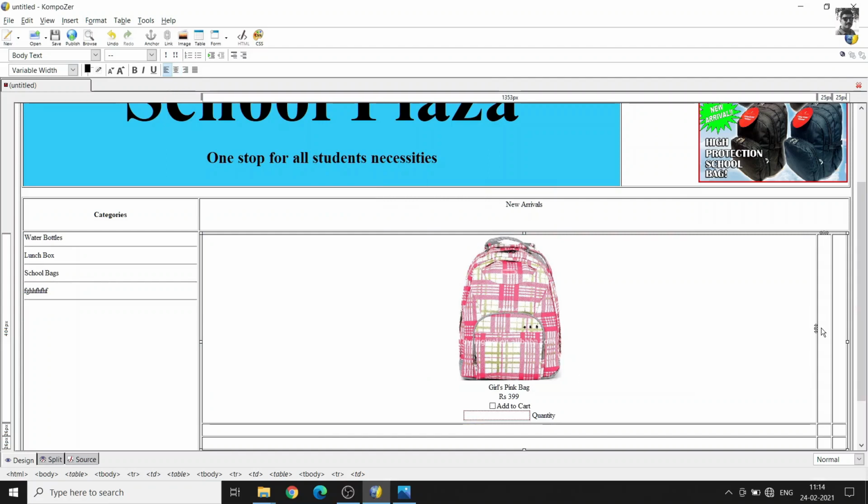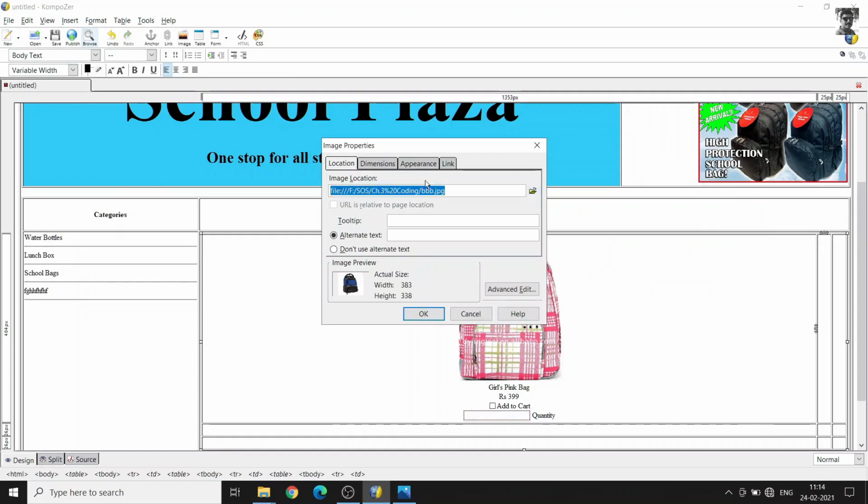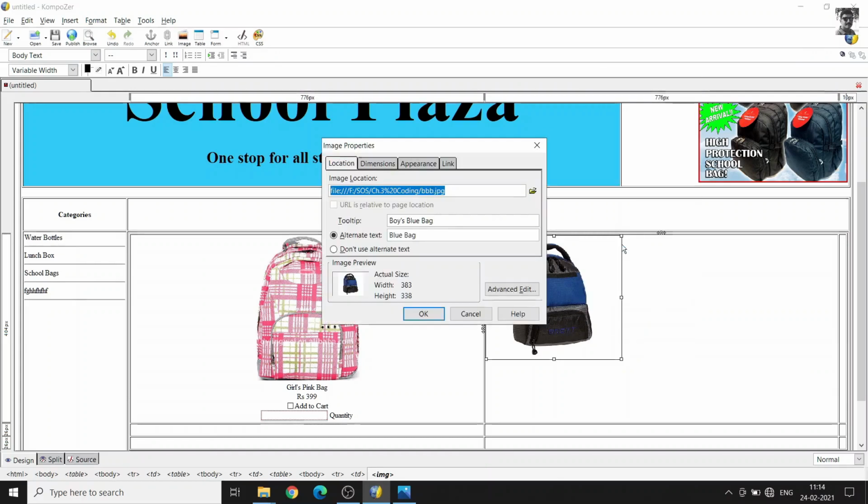Similarly we insert another product here, insert image. Now we select boys blue bag. So boys blue bag, we write tooltip as boys blue bag. Alternate text we write blue bag. Dimensions, custom size we go and we make it 300 pixels and click OK. If you feel that it is smaller compared to the pink bag, you can again double click it and go to the image properties and select the dimension and increase the size